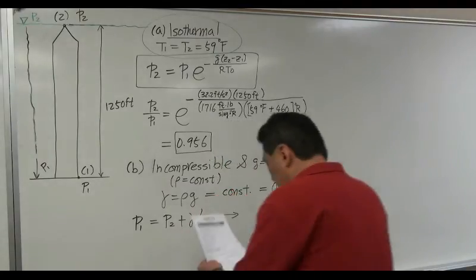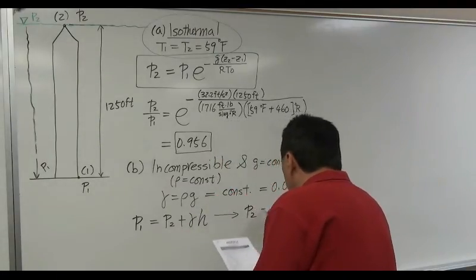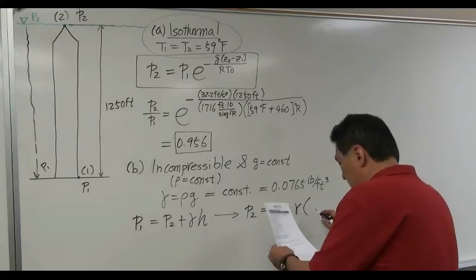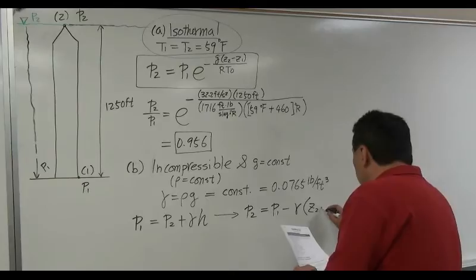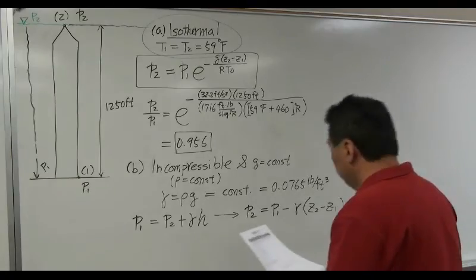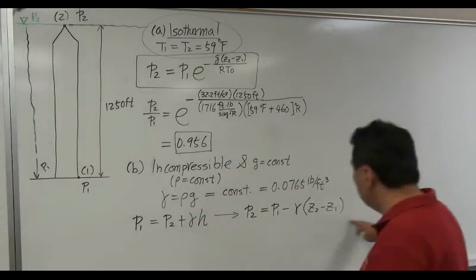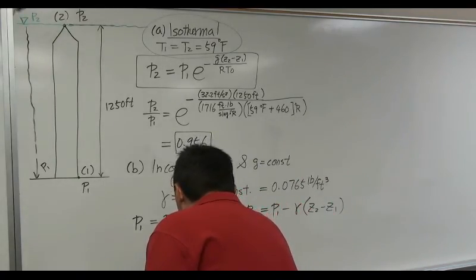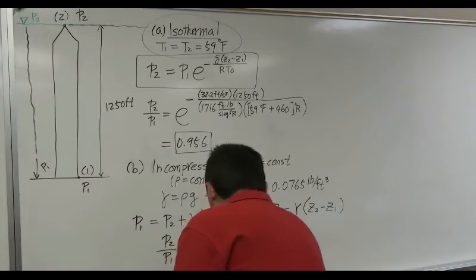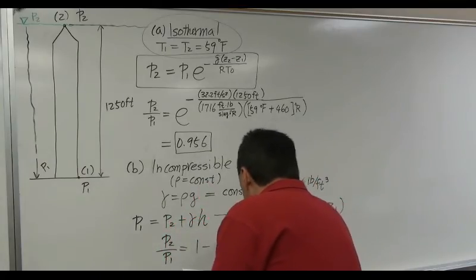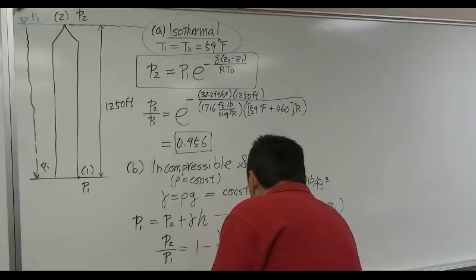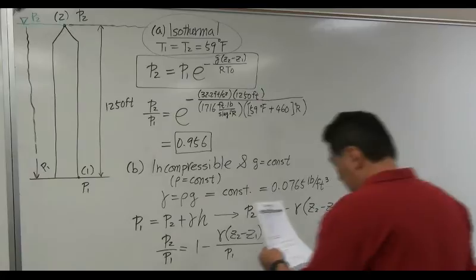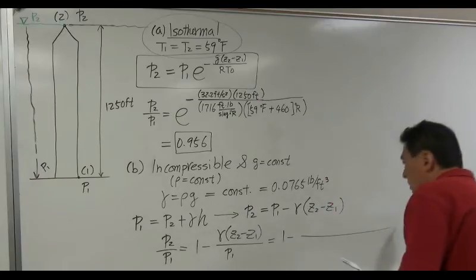So from here, you can say P2 is equal to P1 minus gamma times Z2 minus Z1. You can divide both sides by P1, saying P2 over P1 is equal to 1 minus gamma times Z2 minus Z1 divided by P1, which is equal to 1 minus gamma is given